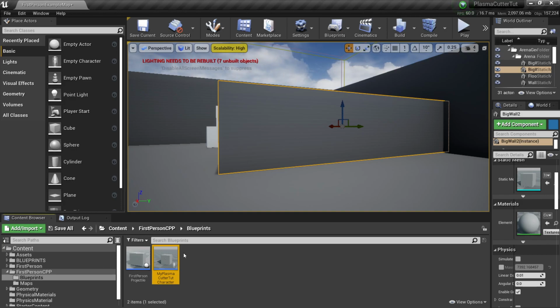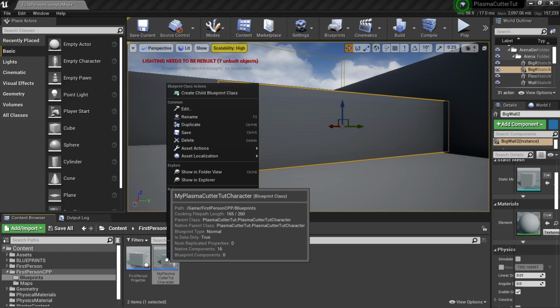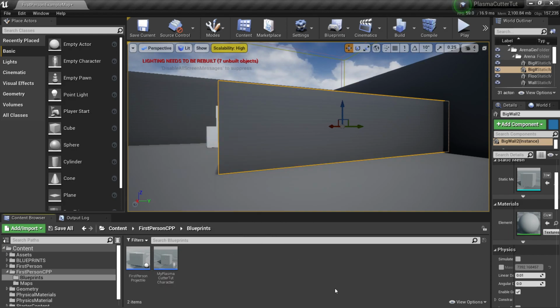And if you notice that when the engine crashes it says something like .cpp constructor line 22 or line 33, you're gonna have to delete this blueprint class by right clicking, deleting, and